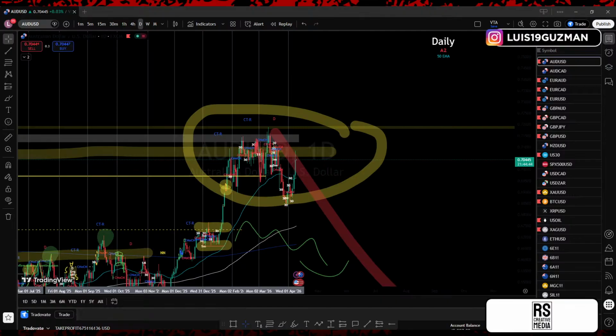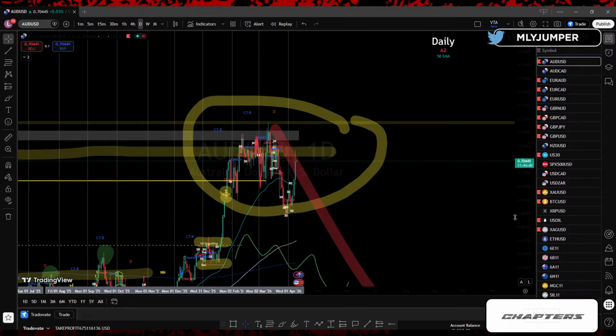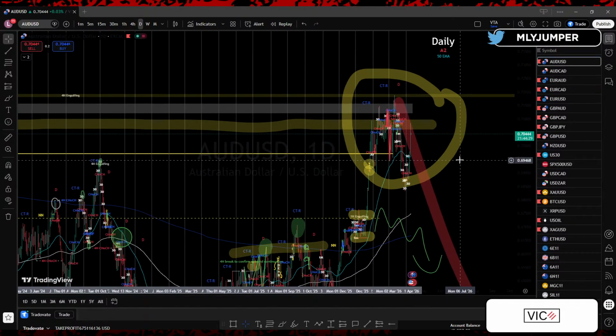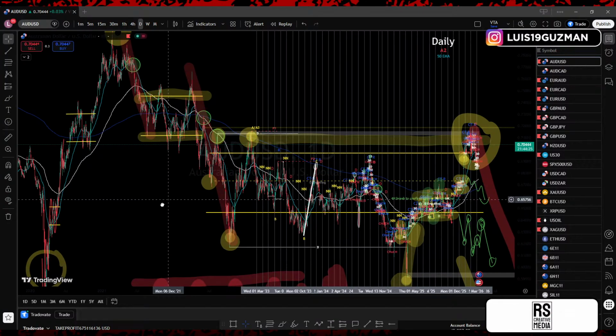What's going on, team? Gonna give about another minute or two to join, then we will get started. We'll be going over the pairs you see on the right hand side with the red flag next to their name, starting off with AUD/USD, finishing off with silver. Again, for today should be a pretty quick one. We'll go through it one by one, see what moves we made for the day.